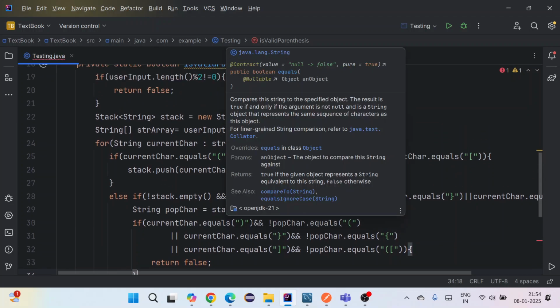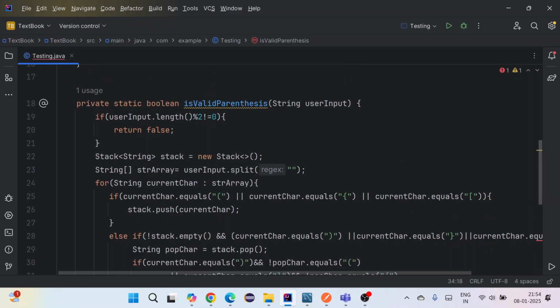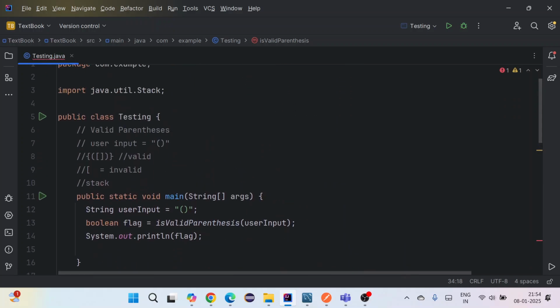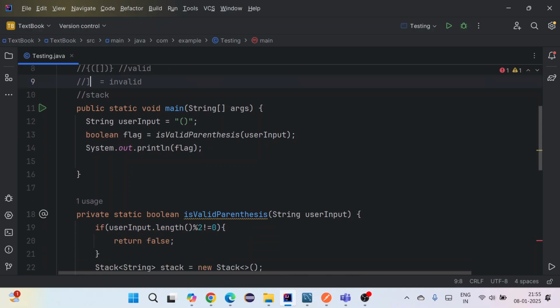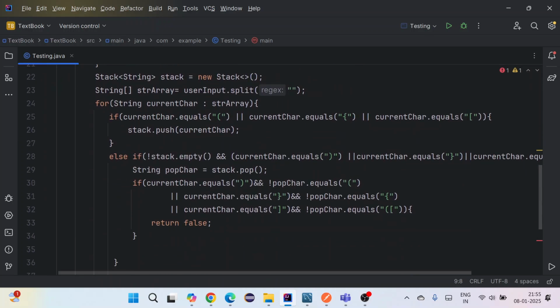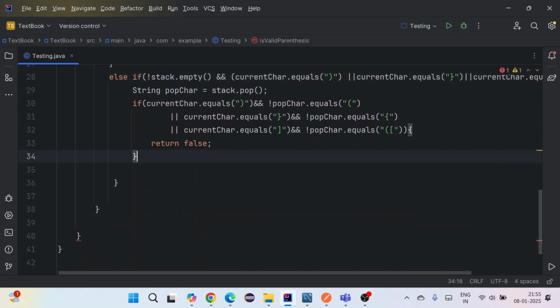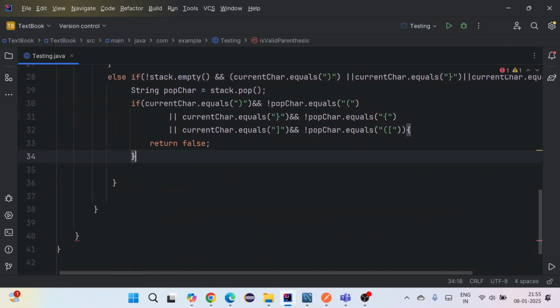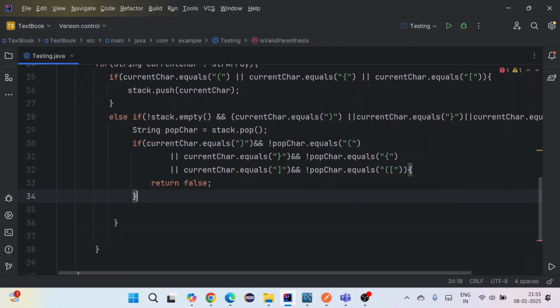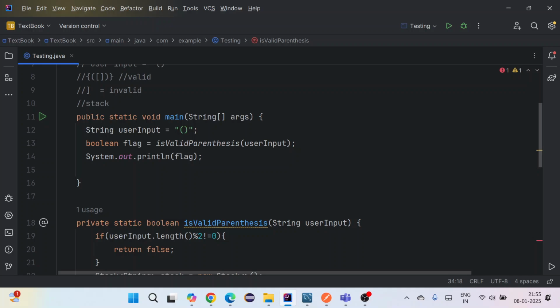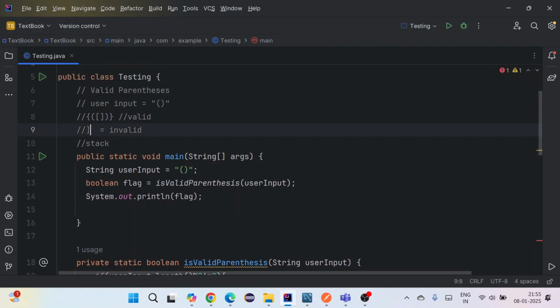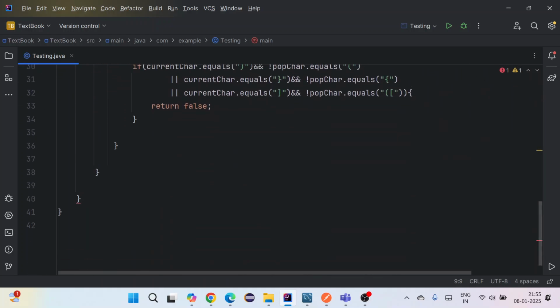Suppose the starting itself is this. Suppose not this. If the starting itself is a closing brace, then it won't go in this condition because it's not a starting. It won't go in this condition because stack is empty. Then we have to handle one more condition if it is an invalid input. Suppose we cannot check the parenthesis. For that one, I think this will come in this case, but suppose it's like this. And for these cases, I have to handle